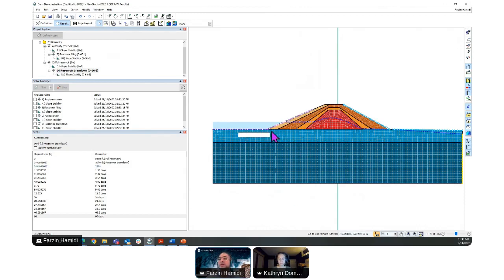For example, for the stage of construction of this dam, you are interested to see what will happen during the construction stage. It helps you to understand what the settlement is during the construction. Does it fulfill my selection criteria, or is it acceptable based on the standards? So you can simply do the stage construction and do the stability after each stage of construction. And yeah, that's what I want to add here.